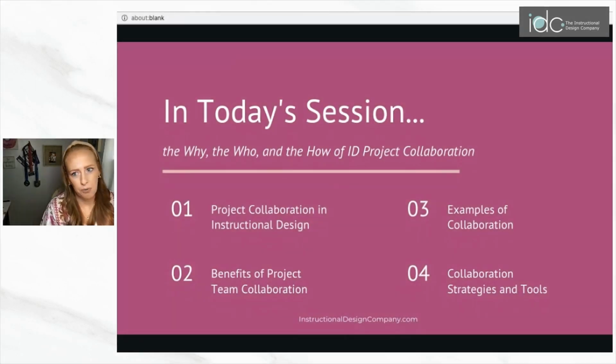So, today's session, we're going to really talk about collaborating on ID projects. The purpose of building good communication is that it involves effectively sharing information, brainstorming ideas, helping to move past barriers or solving problems, and also just in general being able to make good decisions together as a team. It really is essential to make sure that your team is functioning well, that your project needs are served well, and that you're able to have a completed solution that really helps your learning audience, the organization, or whatever